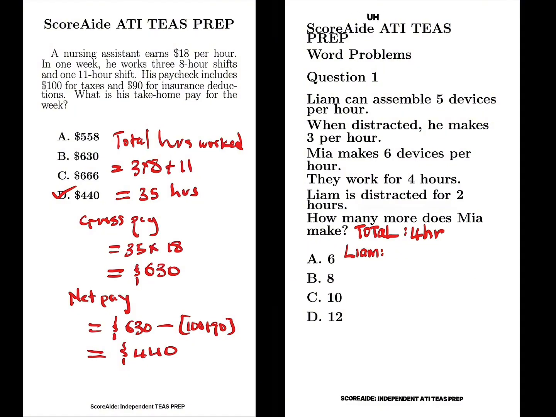Liam works 2 normal hours, right? So this will be 5 devices per hour. So that will be 2 times 5 equal to 10 devices, right? And he was distracted for 2 hours. When he's distracted, he works at a rate of 3 devices per hour. So that's going to be 2 times 3 equal to 6 devices. Liam makes a total of 16 devices,